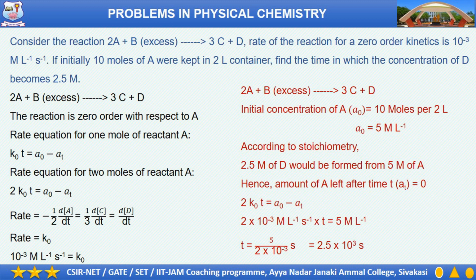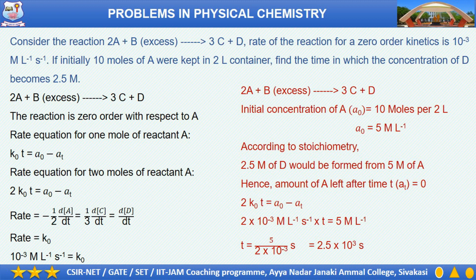What is the initial concentration of A? 10 moles of A are present in 2 liters. Therefore, what is the initial concentration? Concentration is given by moles per liter. Therefore, A₀ is equal to 5 moles per liter. Now, what is A_T? A_T is the amount of A